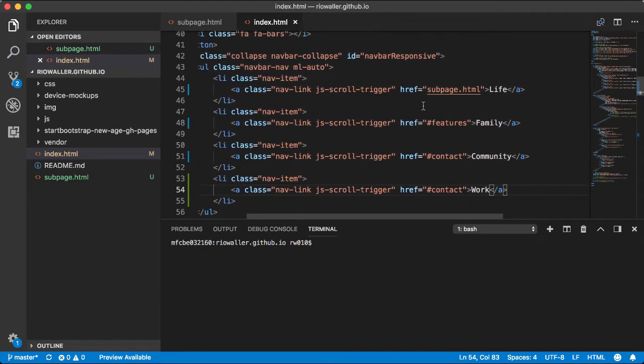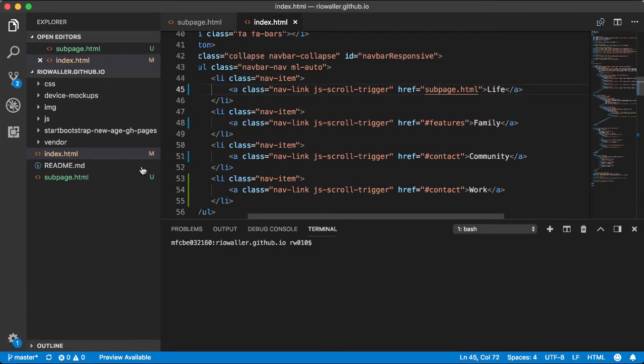And the other thing I'd want to do here is, this is a physical page that I've been playing with, but this is not a page that I'm going to have on my site. So this would be like life.html, right? And again, I don't have these files set up yet. Family.html, right? Community.html, right? And then work. So I might want to make sure the order before I start playing with these, but